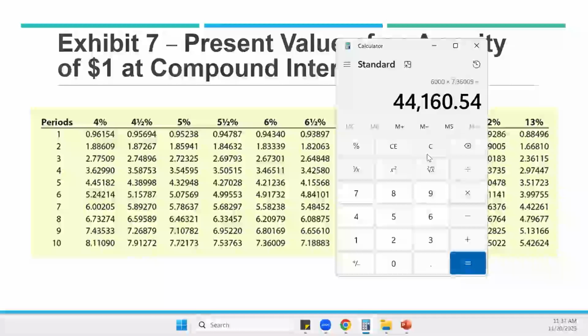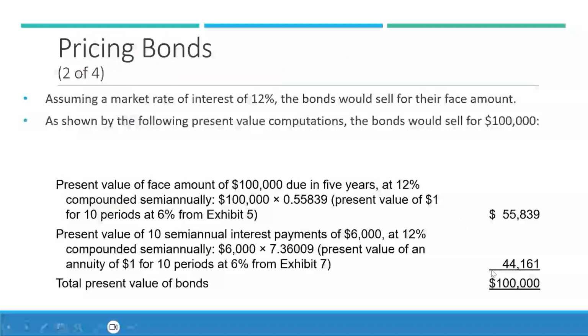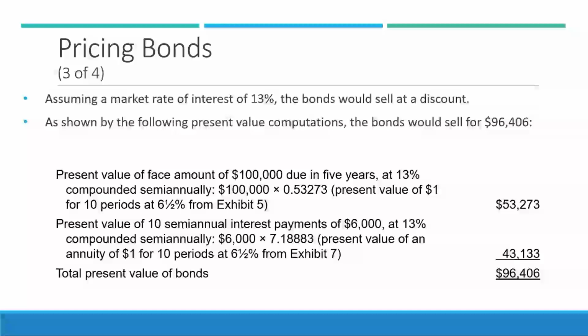And we get 44,160 as our present value of the annuity payments. Because the contracted rate of interest is the same amount as the market rate of interest, the total present value of the bonds is equal to the face value. Assuming that the market rate of interest was 11%, if the market rate of interest was 13%, then the bonds